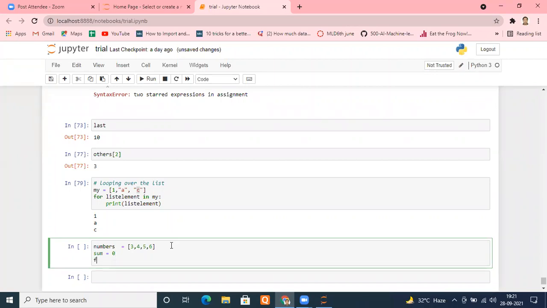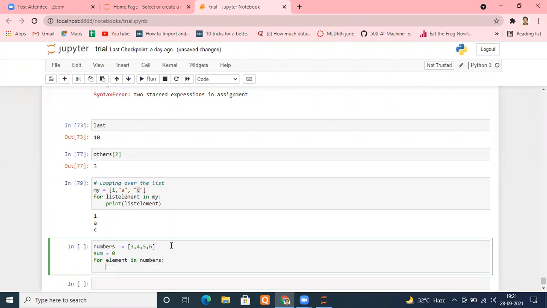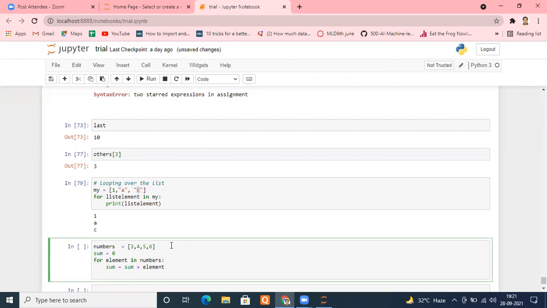For we can say element. Any name you can give in numbers. What should I do? Sum is equal to sum plus element. After that, what should I do?